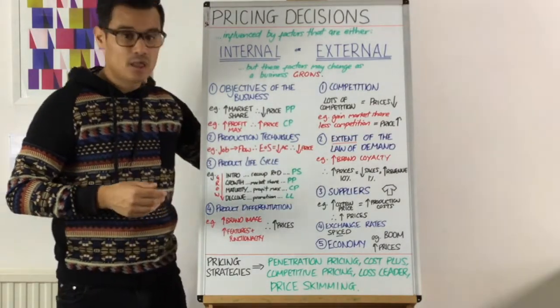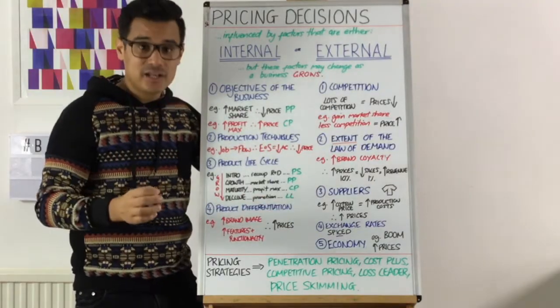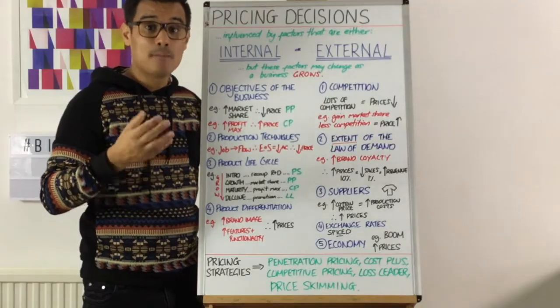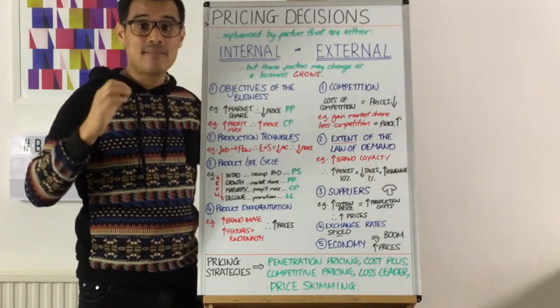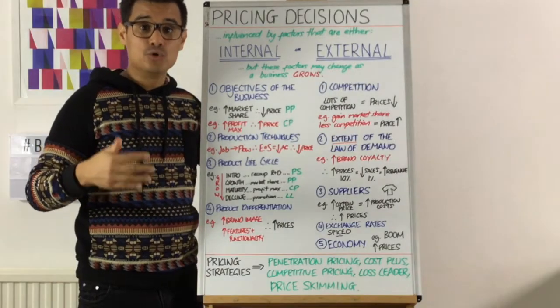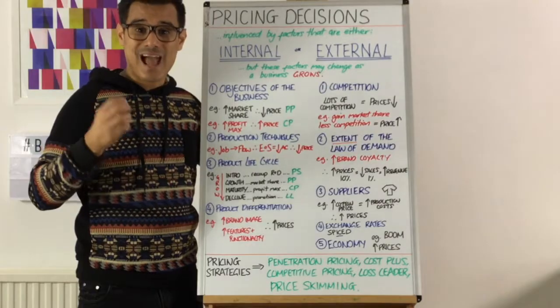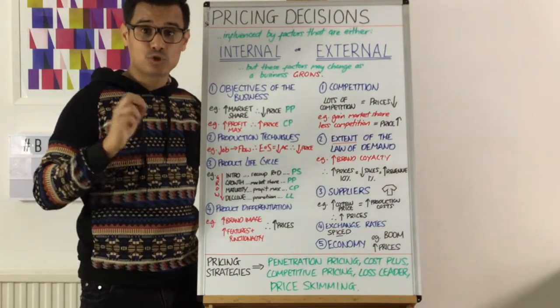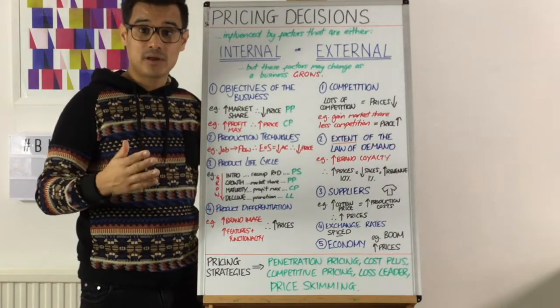Number four is exchange rates, because exchange rates might be also related to your suppliers, because your supplier might not be in the UK. Your supplier might be outside the UK, and therefore you are exposed to what the exchange rate is. Remember, for exchange rates, the acronym to get you through it is SPICE. Strong pound, imports cheap, exports dear. And then just flip that around if it's a weak pound.